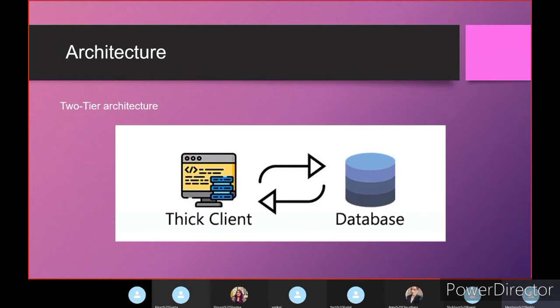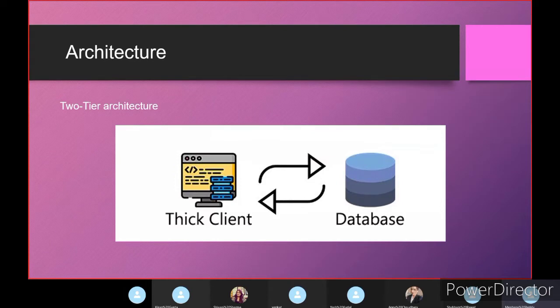Next, coming to the architecture of thick clients. On the basis of architecture, there are two types of thick clients: those developed on 2-tier and those developed on 3-tier. The thick client developed on 2-tier architecture directly communicates with the database through database connection drivers like Open Database Connectivity and Java Database Connectivity. Such thick clients send database queries directly to the database, and the business logic is executed on the basis of records or responses from the server.